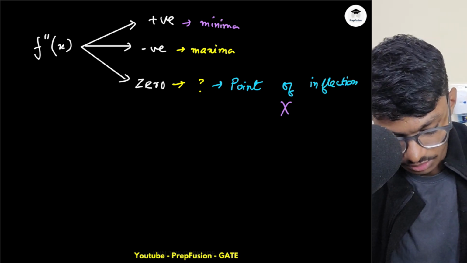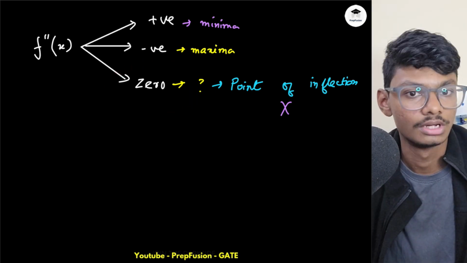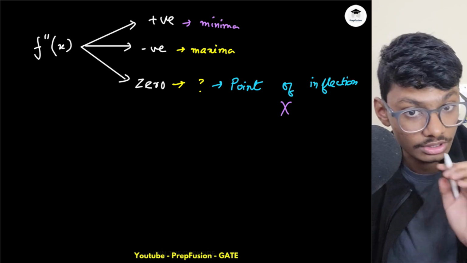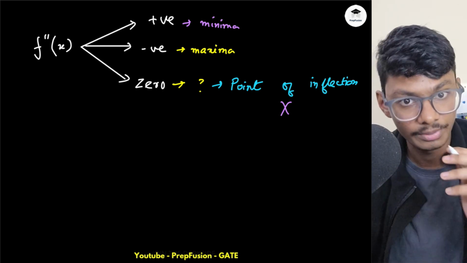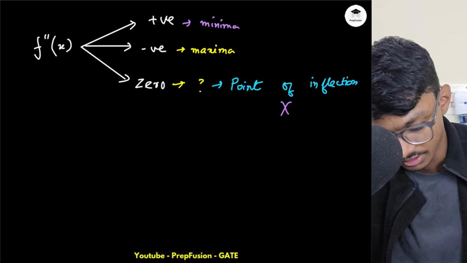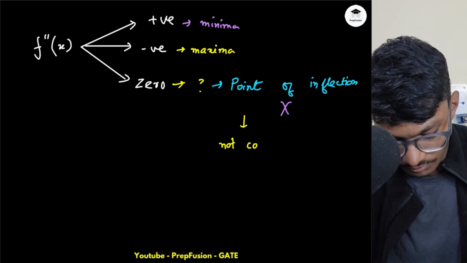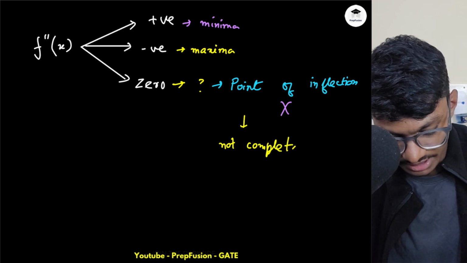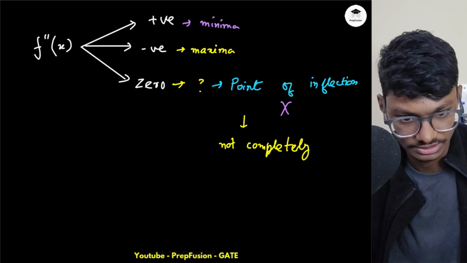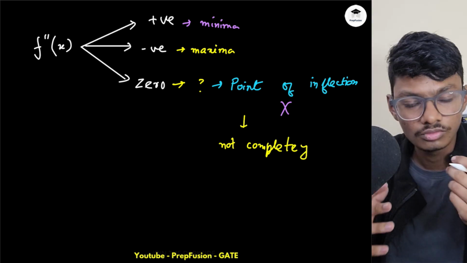you are not. Because not every time when my double derivative is equal to 0, I will get a point of inflection. This is not completely true. This may be true, but this is not completely true. So I will write here, not completely true. Why is this the case? We'll understand this with examples and all those things. So also one more thing,